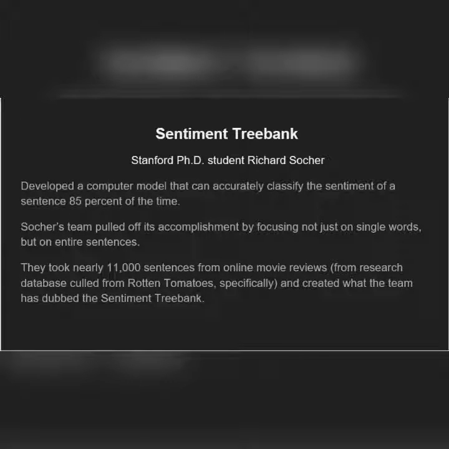Of all the models available for sentiment analysis, one of the most promising ones is the Sentiment Treebank, developed by Stanford PhD student Richard Socher. He developed a computer model which can classify the sentiment of a sentence 85% of the time. For this, he doesn't only focus on single words but on the entirety of the sentences. For this, he included fine-grained sentiment labels for 215,154 phrases in the parse trees of